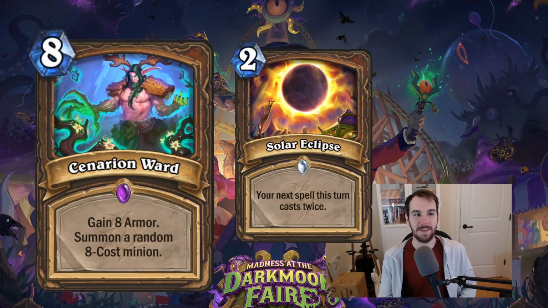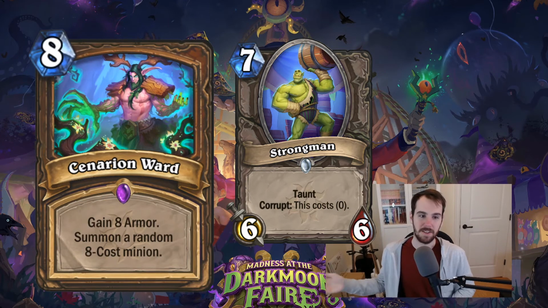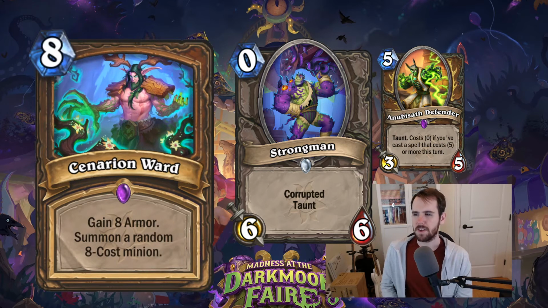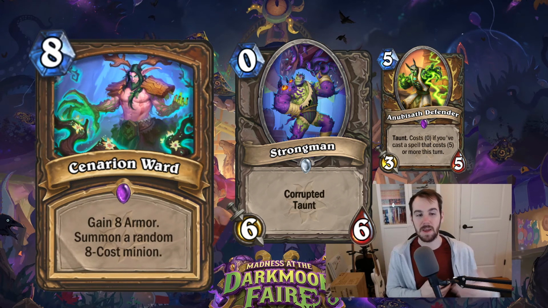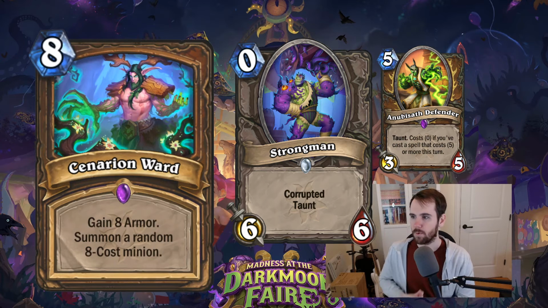It also slots in nicely with the neutral taunt Strongman, in that if you have Strongman and you play this card, it makes it cost 0, which is kind of similar to a Nubisoth Defender. So then you'd be summoning a taunt, healing for 8, and a random 8 cost minion, and maybe you're doubling that random 8 cost minion. I think the fact that it's paired with a catch-up mechanic and armor makes it more enticing to me,